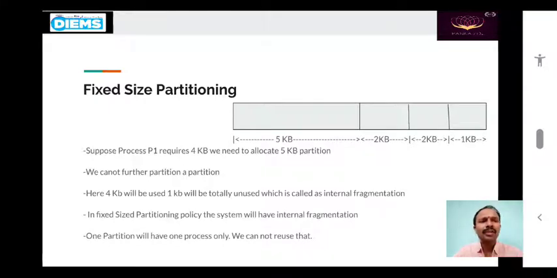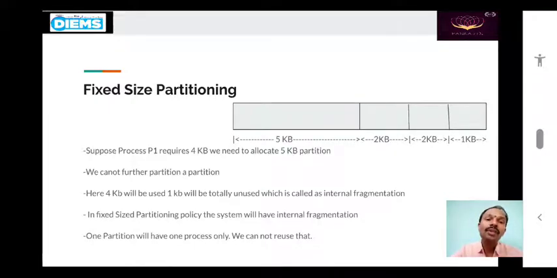See, internal fragmentation happens in so many instances. For example, while publishing a book, consider the last page of a chapter. If it is half filled and half empty, we do not start the second chapter from that half page. So what is happening? Internal fragmentation is there, right? I hope you are now understanding. Now in the fixed size partitioning policy, the system will always have internal fragmentation.